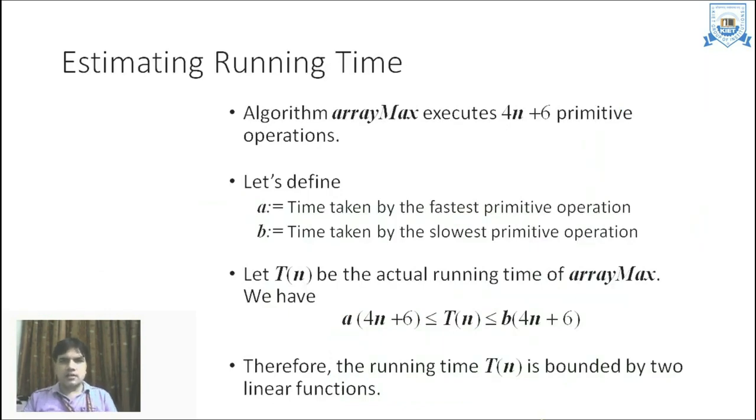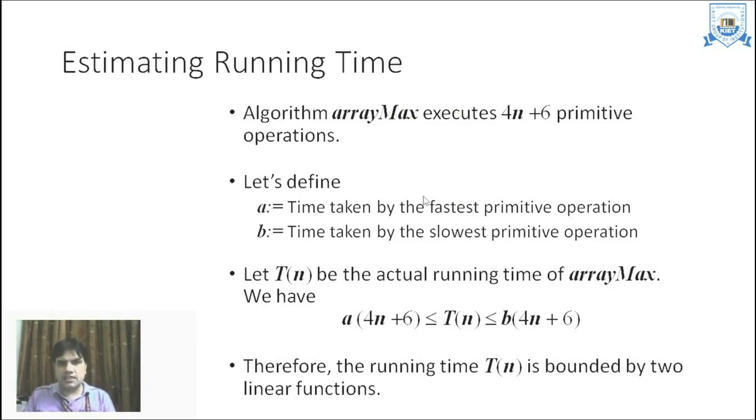Suppose in an algorithm that we have already taken in the last video class, 4n plus 6 are the primitive operations, the total number of operations in that algorithm, which are calculated, where n is the size of the input. Depending upon this size, it will vary linearly. So if we consider the A and B parameters, as we are not aware of the timing, or we are not aware about the input,